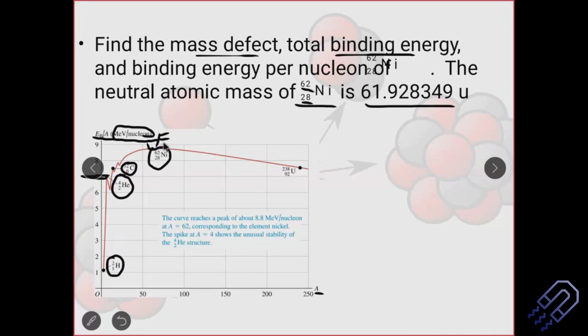Iron is considered to be one of the most stable nuclei, and nickel is considered to be very, very tightly bound. So whether it be iron because it's stable, or nickel because it's very tightly bound and also stable, the amount of energy that I need to put in to take out one neutron or one proton would be very high. That energy is around 8.8 MeV. It's very high. Okay, it's around 8.8 MeV per nucleon.